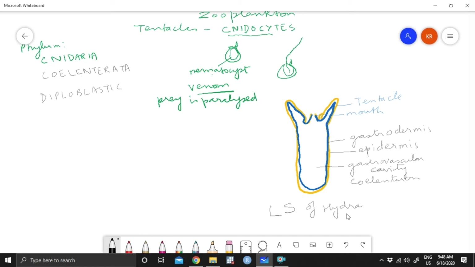Now, as I said, food has been captured by tentacles and food enters into the mouth, and from here it is pushed inside. The mouth can open up wide when food has to be pushed inside, otherwise it is very small. Now food comes over here. So digestion takes place mainly because of cells in this blue colored layer, the gastrodermis or endodermis. So let us look at this particular part and expand this region.